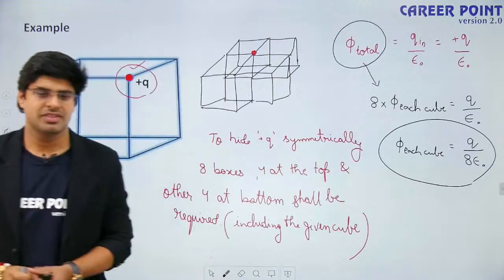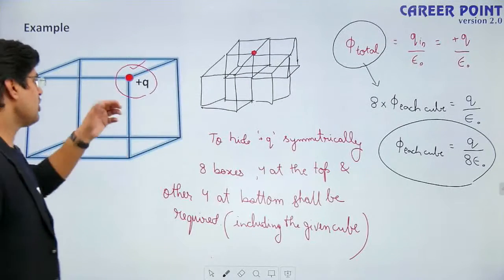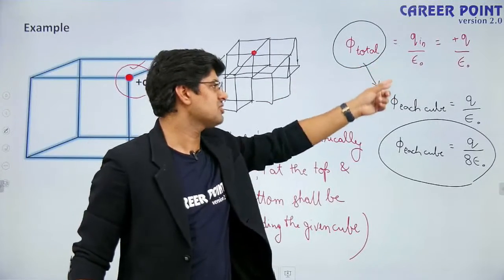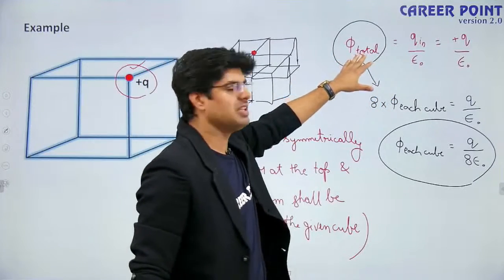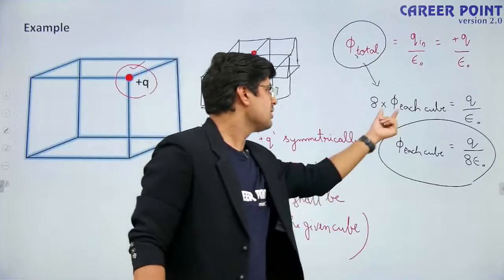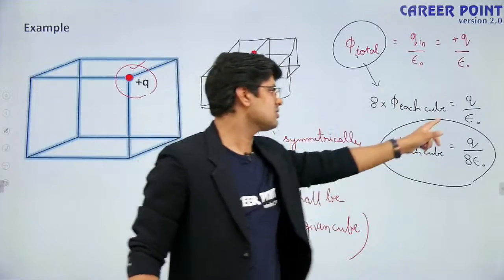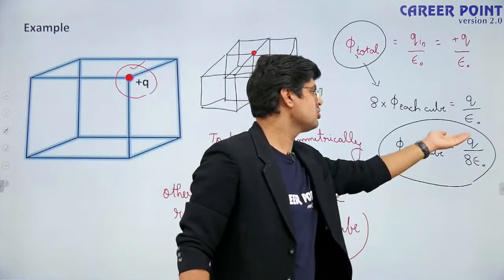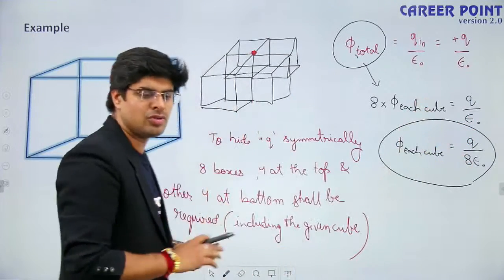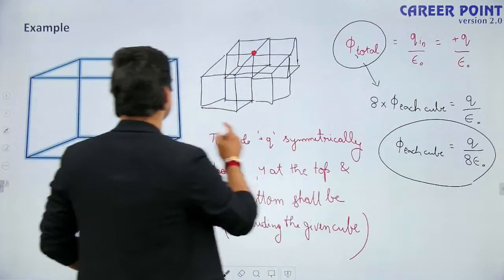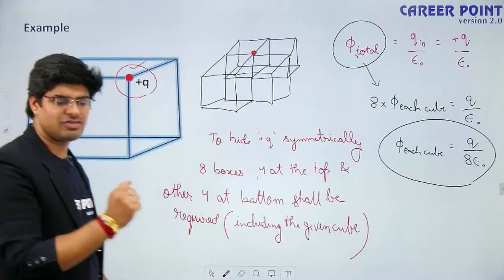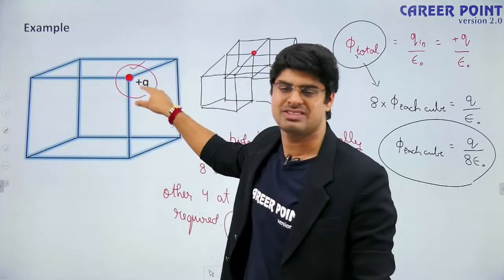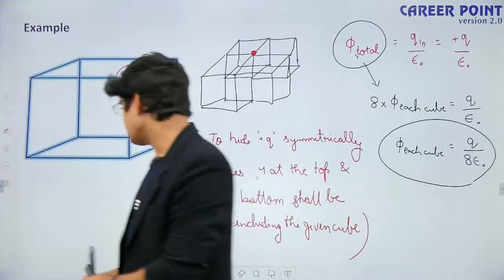No problem. We have taken 8 boxes. For 8 boxes we have applied phi total is equal to q inside by epsilon naught, q inside is plus q by epsilon naught, and this phi total can be written as 8 times the flux across each cube is equal to q by epsilon naught. No problem. Phi each cube is equal to q upon 8 epsilon naught. Now I know what will be electric flux passing through one cube. What will be electric flux passing through one single cube due to this plus q charge placed at the corner of this surface. So what we can do from here,